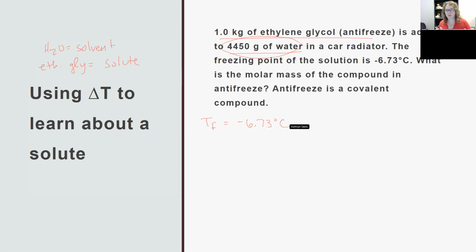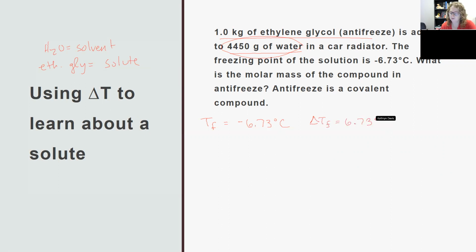By the way, this is why you put antifreeze in your car. Adding antifreeze makes a solution. Solutions are harder to freeze than pure things. And so the water in your radiator, because it's in solution, is harder to freeze in the winter, which is good for your car. So I know my TF, which actually means that I know that my delta TF is